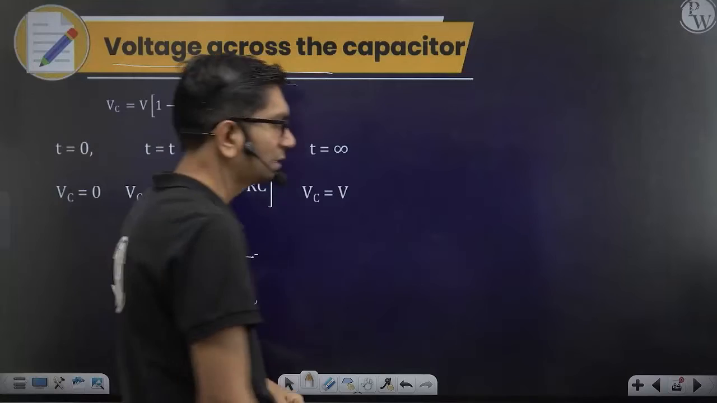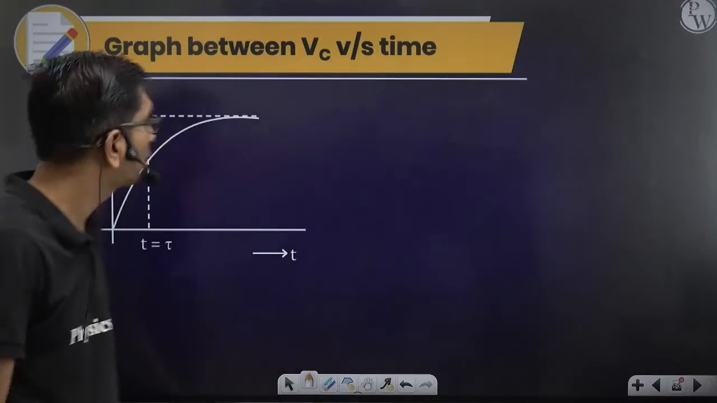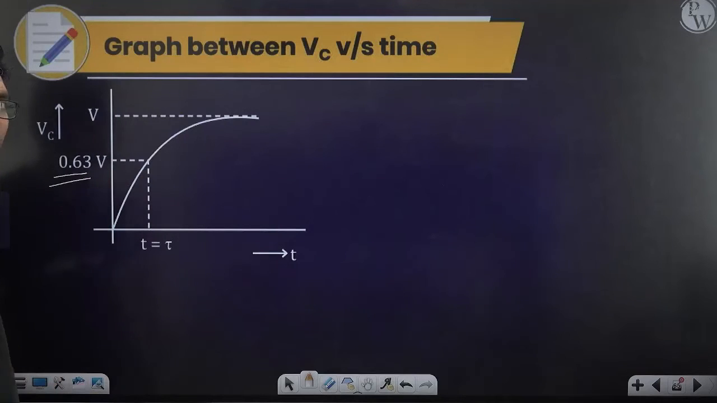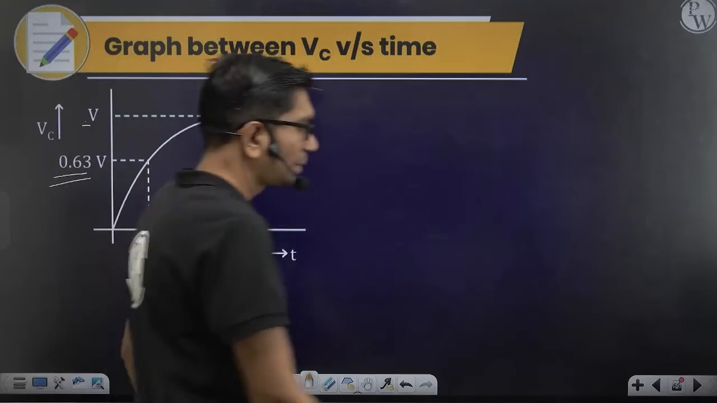Here are the points I have written. Just note down this one. See here, I have drawn that graph here. Is it clear, beta? This is the maximum voltage. Next,